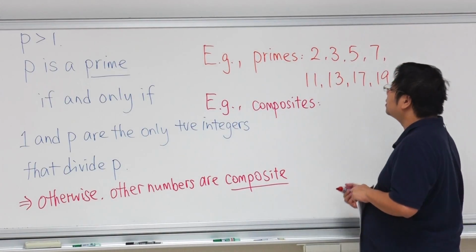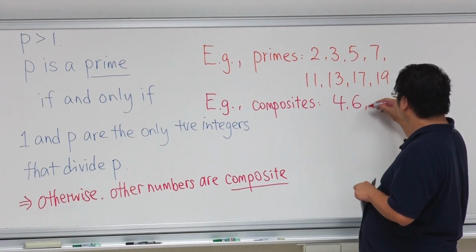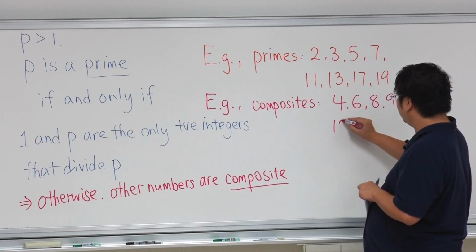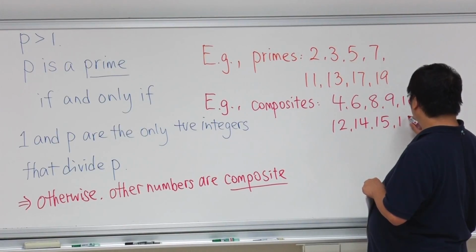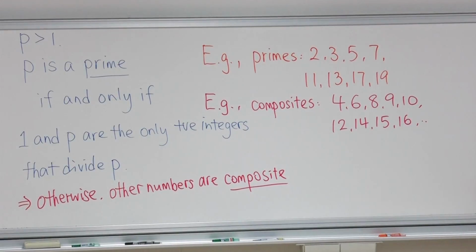So what are the composites? 1 is not a composite. We will have 4, 6, 8, 9, 10, 12, 14, 15, 16, and so on and so forth. Okay? Good. Now we are ready to talk about a very simple theorem, but it turns out to be